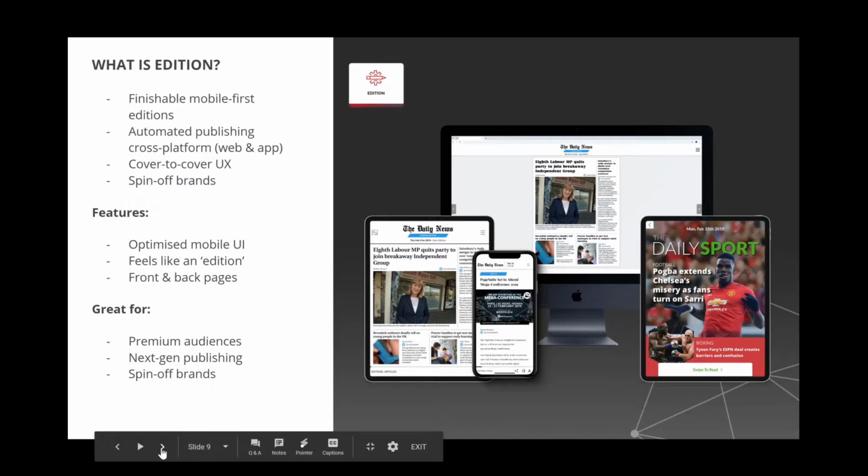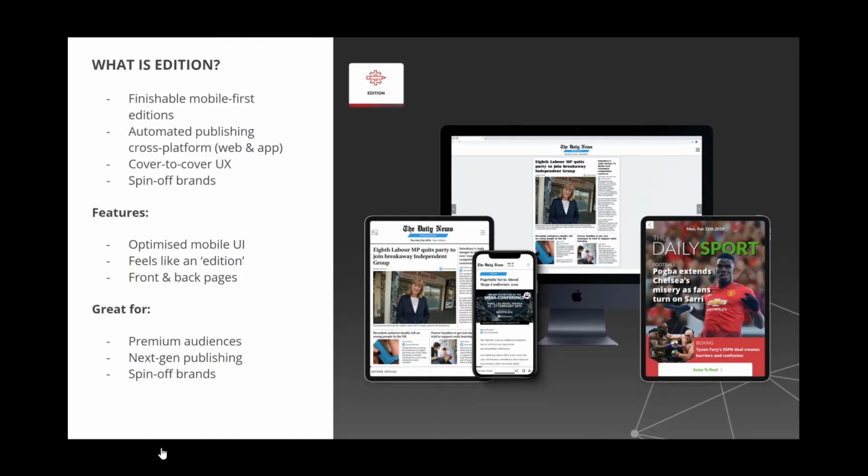So the third and final product that we were going to delve into is Edition, and this is our newest solution coming to market. It's a finishable mobile first cover to cover experience. We deliver this via progressive web apps and also native apps, so it's a web and app publishing platform. It's completely automated, as is PageSuite's ePaper solution, but we're taking that underlying technology and bringing it to digital assets